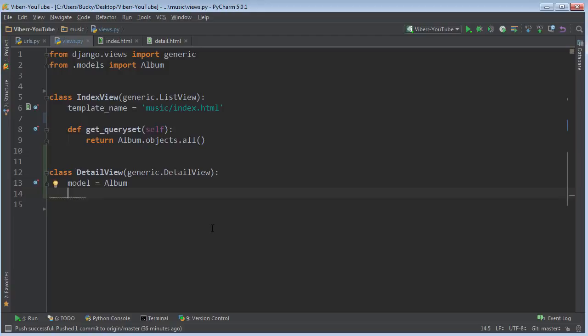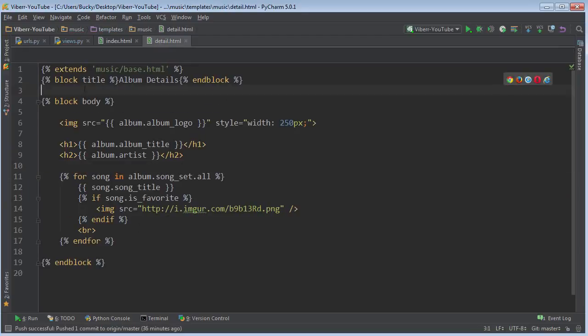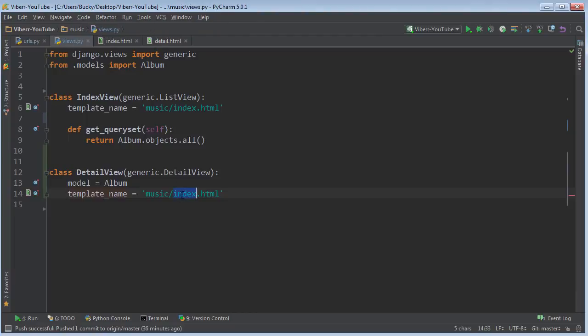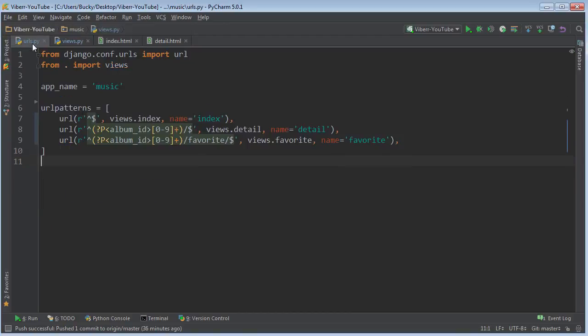And the last thing is the template name, just like this. So whenever you give me that album, what template do you want me to plug it into? And that's just the detail view or detail template right there. So detail.html. Now, the only other file we have to change is this URLs file right here. Now, of course, I just want to delete this first of all, since we're not even using that anymore,